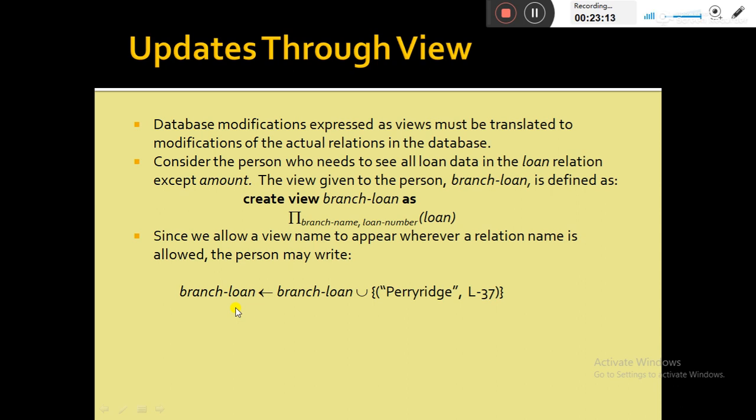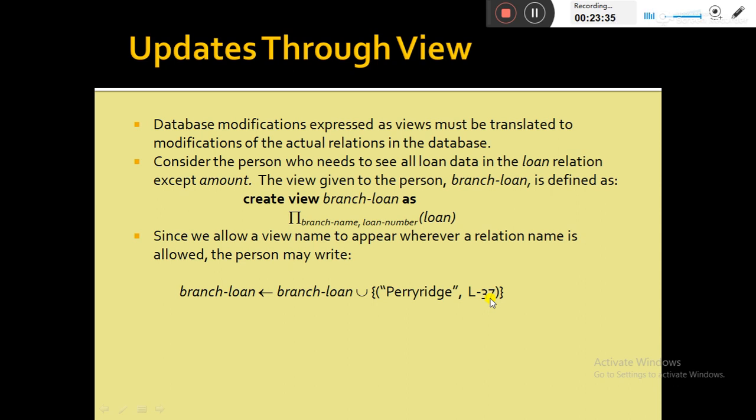But here we are not providing the amount. Actually, this is an insertion to a view. I am repeating, whenever we are trying to insert a record into a view, that insertion should be represented by an insertion operation into the original relation from where the view is created.